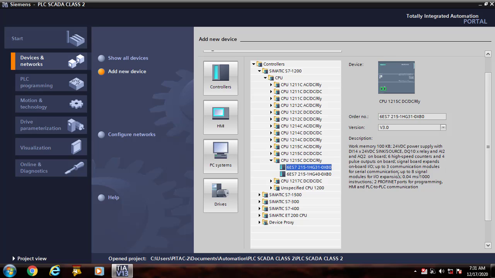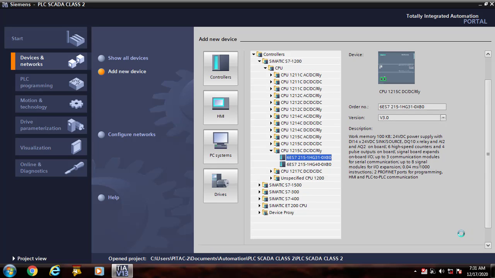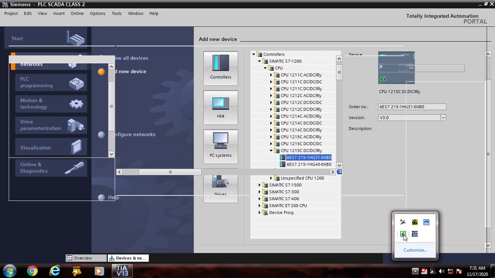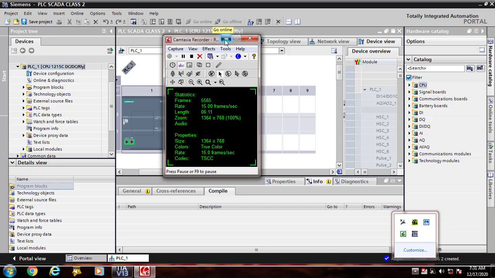I'm using my S7-1200 CPU and WinCC SCADA software. So you need to have WinCC SCADA software, TIA Portal and KEPServer installed correctly on your PC, so that you can easily work with it and easily design a SCADA screen. In this video I will explain the development of a SCADA screen and how we can show the data on the SCADA screen. Now this is opened and now you can select here